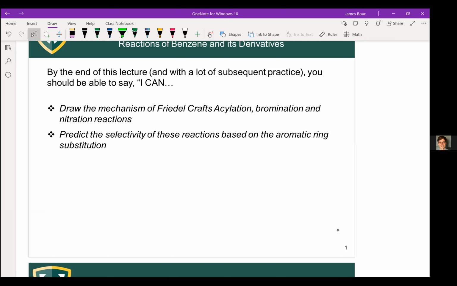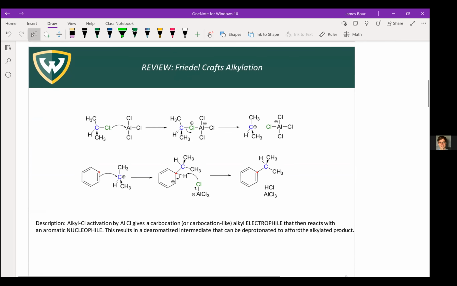substitution reaction. All right, so just as a review and warm up for this video, on Friday we talked about the activation of an alkyl chloride using a strong Lewis acid catalyst, aluminum trichloride. Give it an LA for Lewis acid. This is a trivalent aluminum that has an empty p orbital which can interact with the lone pair on chlorine. Chlorine has 3 lone pairs. It can act as a nucleophile and donate into the aluminum. The aluminum then activates this chloride as a leaving group and helps it leave to generate a potent carbocation electrophile